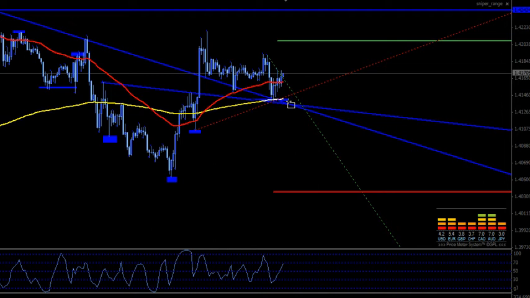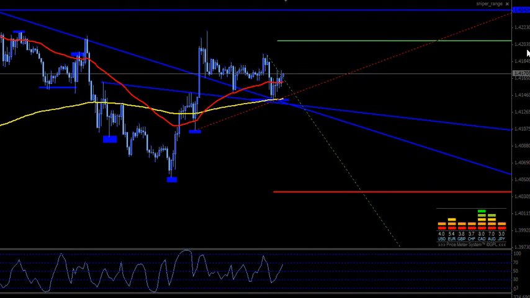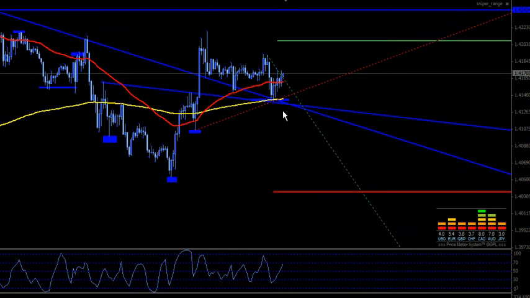Okay. So we have the left shoulder, the head, the right shoulder. We also have a bull flag here, and we also have an ABC to the upside here. Okay. Now, if price closes on this 30-minute chart below this confluence of trend lines, the neckline and this longer trend line that comes down through here,